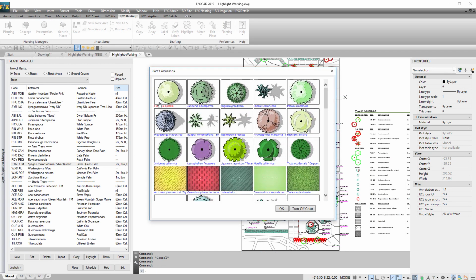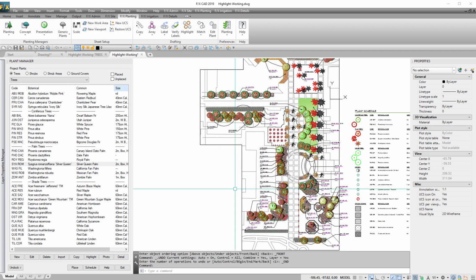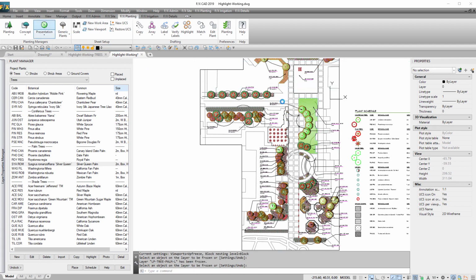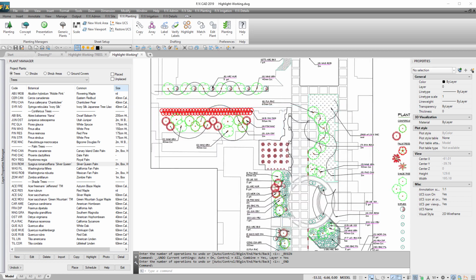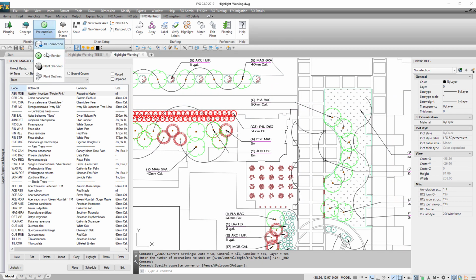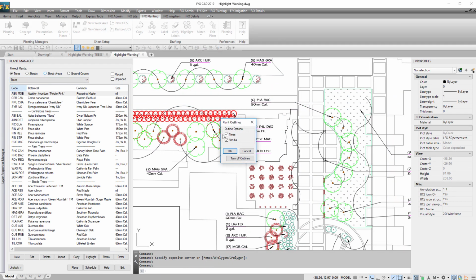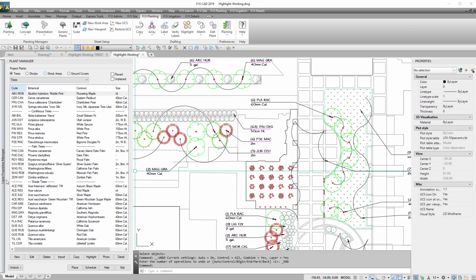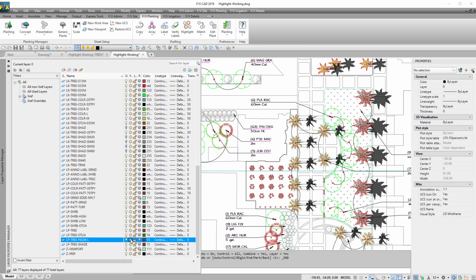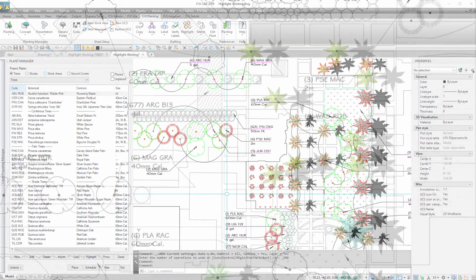Colorize the plan, then freeze the palms. Land Effects tools will ignore trees on frozen layers. Turn off color for all other plants, and we'll run plant outlines to get the look that we want. Unfreeze the palm layer, and you've got the perfect graphic that you're looking for right before you run out the door for the